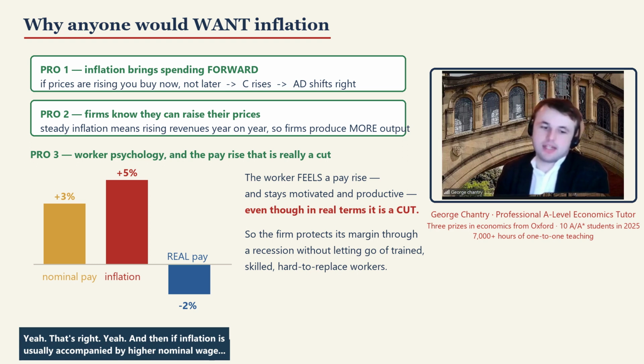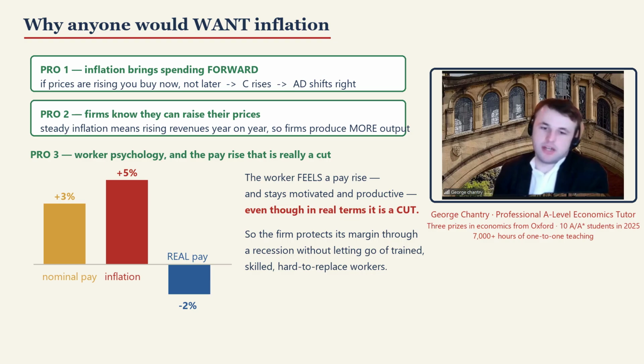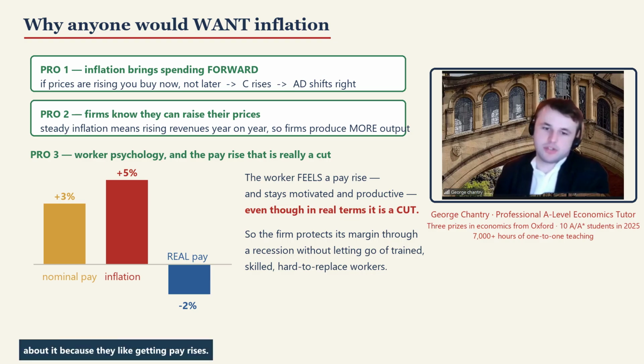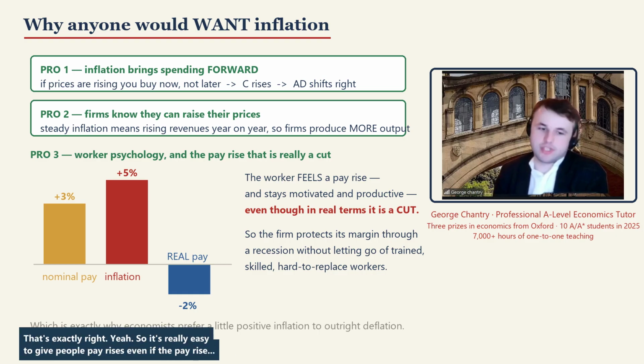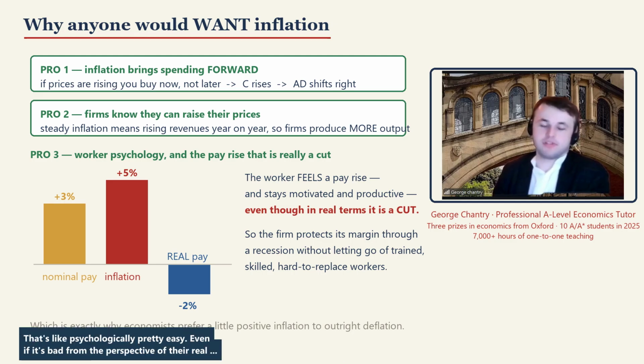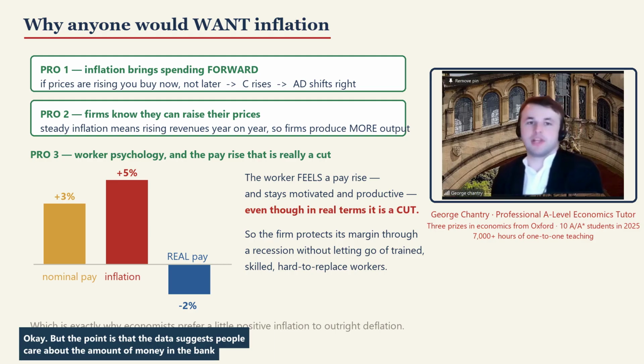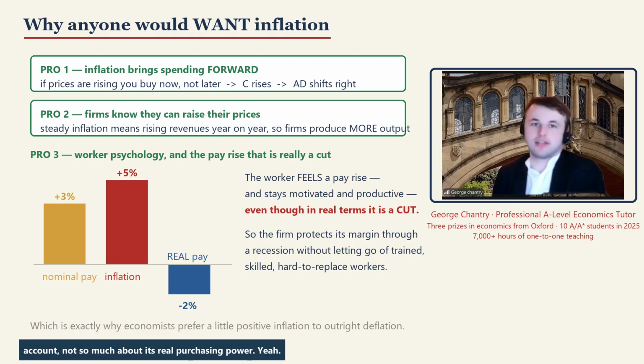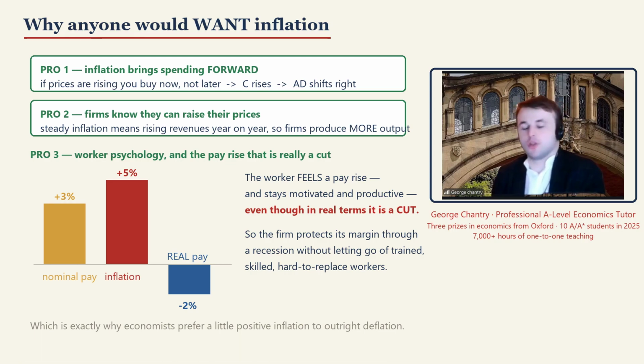Yeah, that's right. And then if inflation is usually accompanied by higher nominal wages, workers are positive about it because they like getting pay rises. So it's really easy to give people pay rises, as you say. And you got the real nominal distinction right. That's exactly right. They like pay rises even if the pay rise is lower than inflation, so even if it's a real terms cut. It's really easy to give someone a small rise. That's psychologically pretty easy, even if it's bad from the perspective of their real terms purchasing power. Okay, but the point is that